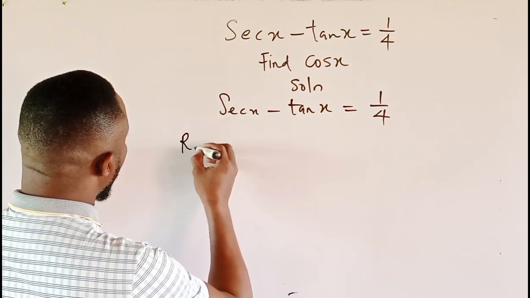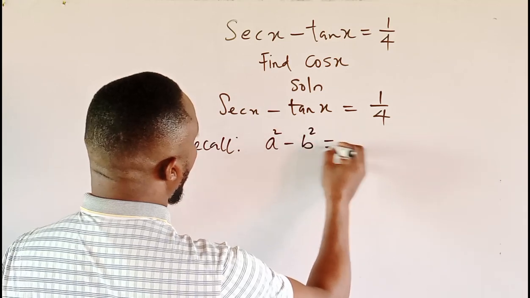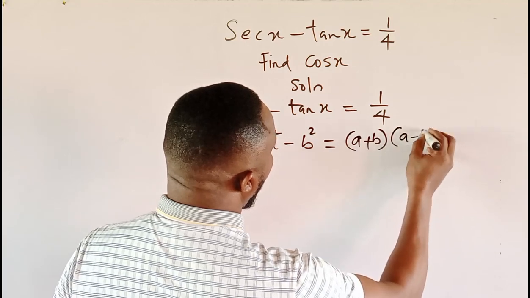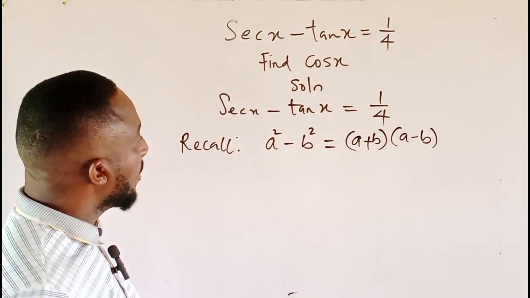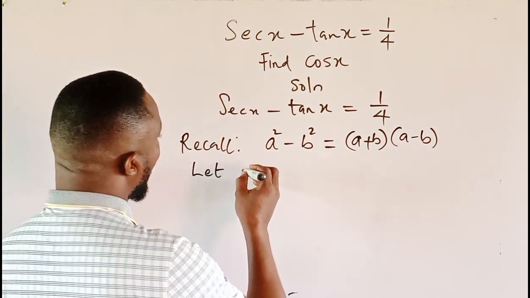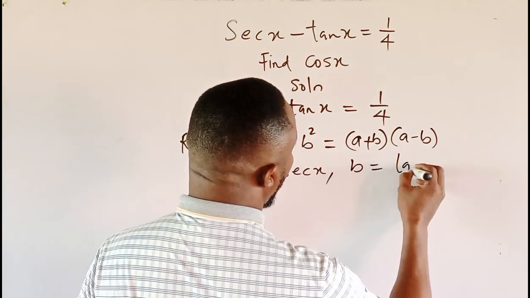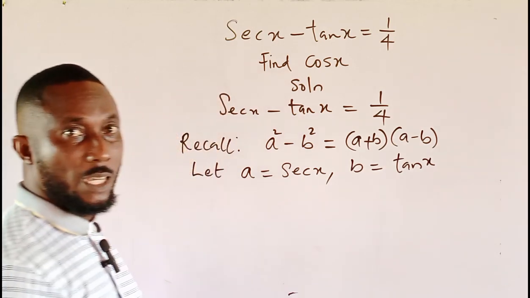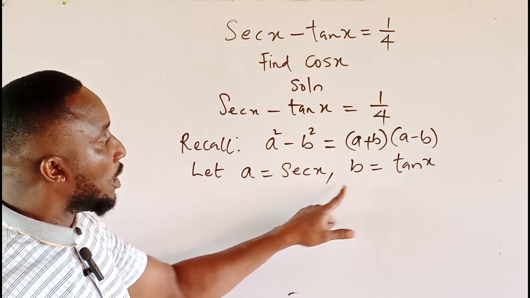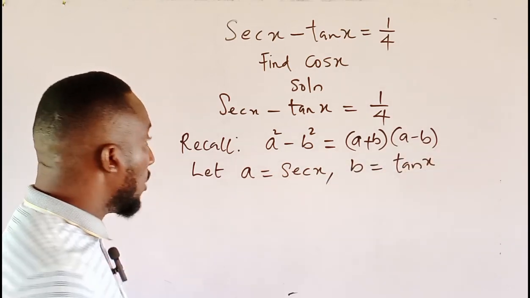So recall, if we have a squared minus b squared, we are well aware that this becomes a plus b multiplied by a minus b. So in tackling this problem, I will let a equal secant x and b equal tan x. Therefore, if I plug a equal to secant x and b equal to tangent x into the difference of two squares formula, I would then have